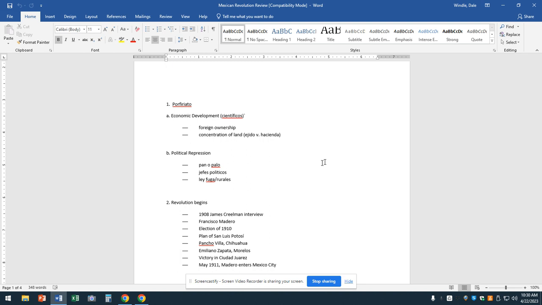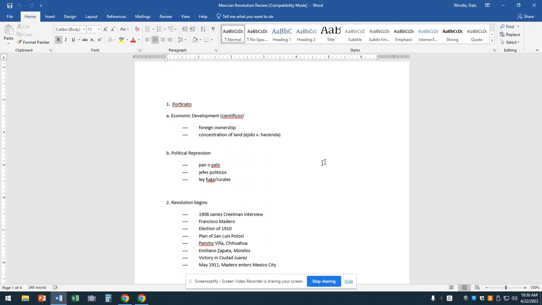He stirred up so much excitement that Diaz had him jailed until the election was over, which Diaz won in a landslide because he cheats. And so Madero then says, you know what, we're not going to unseat this guy through democratic means. So he issued the Plan of San Luis Potosi, which was the place he announced this plan, which basically called for removing Diaz by means of revolution.